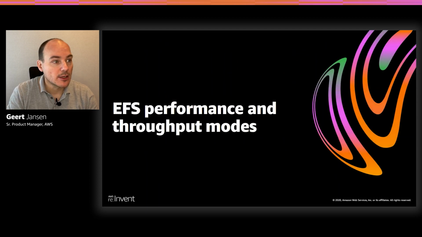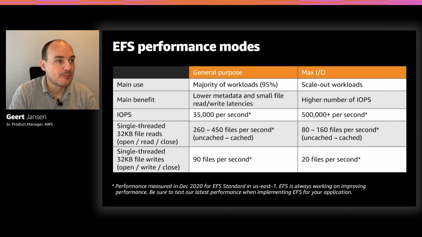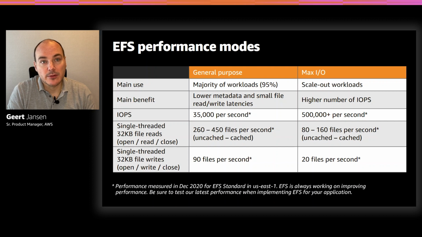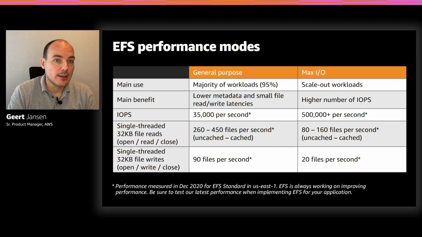Okay, so let's talk a little bit about the performance and throughput modes of EFS. Starting with performance modes. EFS has two performance modes. General purpose mode, which is suitable for the large majority of workloads, and a max I/O performance mode, which is optimized for scale-out applications. The main benefit of the general purpose performance mode is that it has lower metadata and small file read and write latencies,